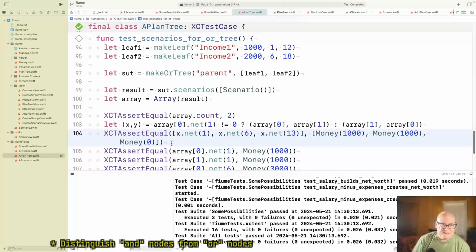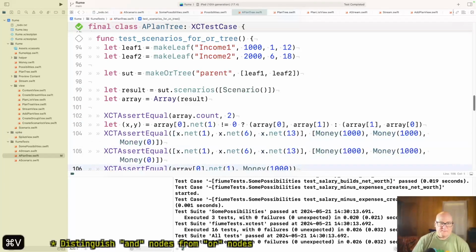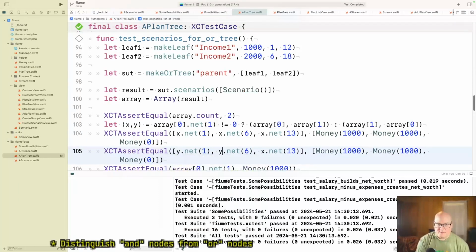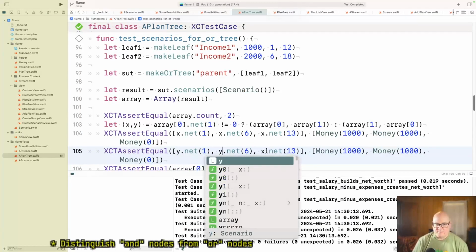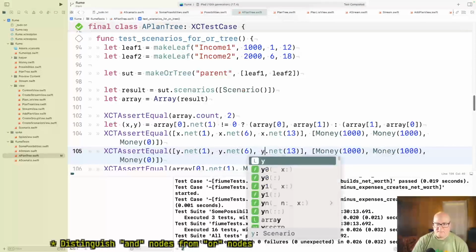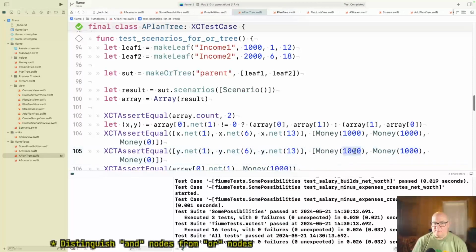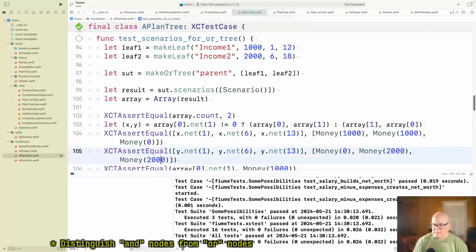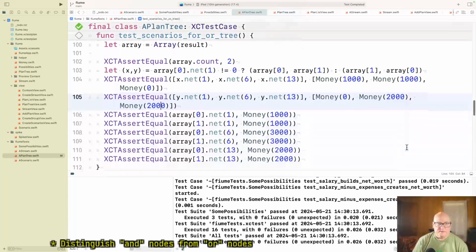All right, and then y should be 0 in month 1, 2,000 in month 6, and 2,000 in month 13.